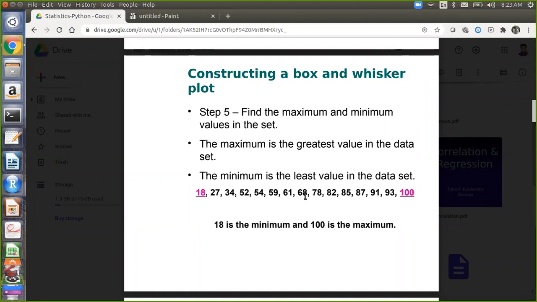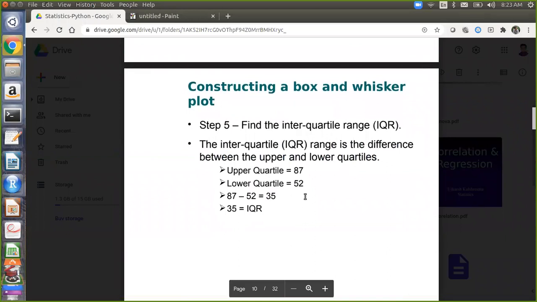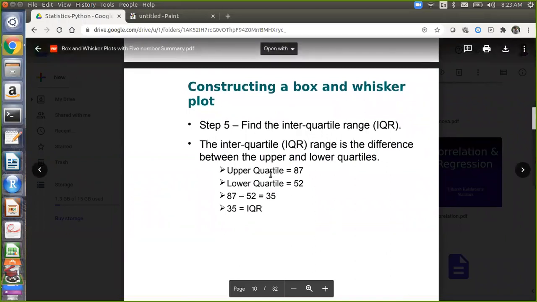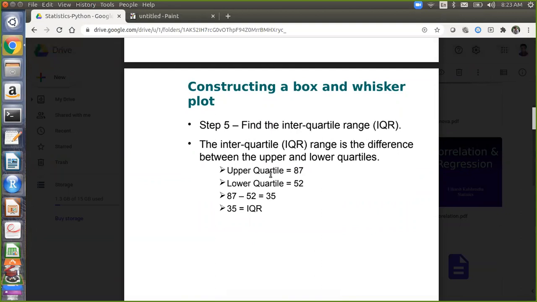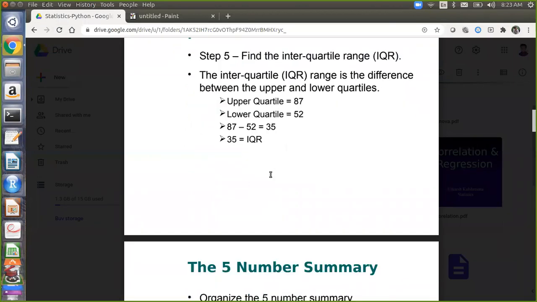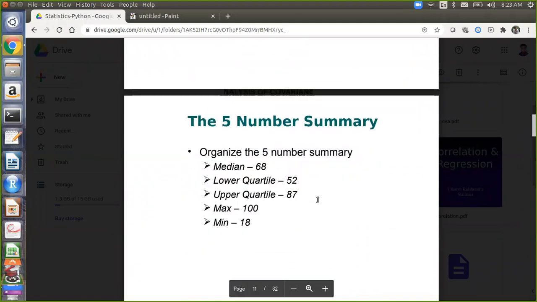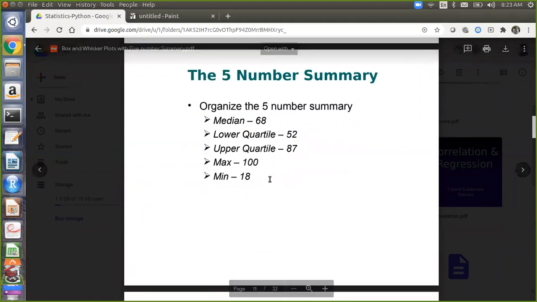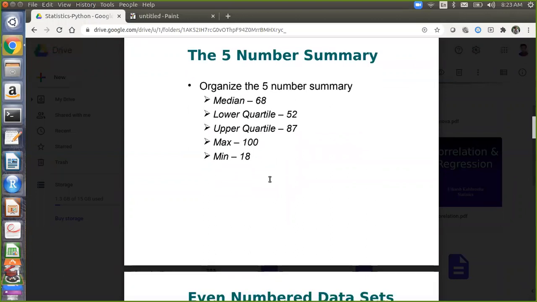So it's up to you which value you want to find out first, but if you find the median first, it will always be easier to understand, and easier to find Q1 and Q3. So step 5 is you just create the 5-number summary. The interquartile range is the difference between the upper quartile and the lower quartile. We will discuss the interquartile range shortly, in the next upcoming slide. So this is the 5-number summary which you have identified, which we have also created.